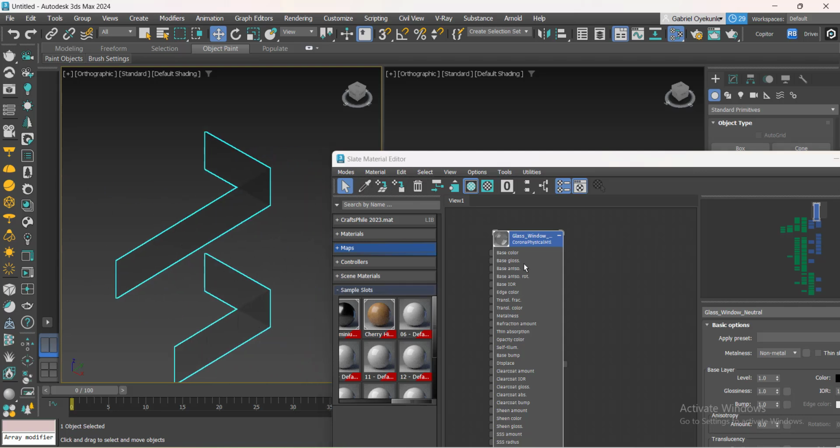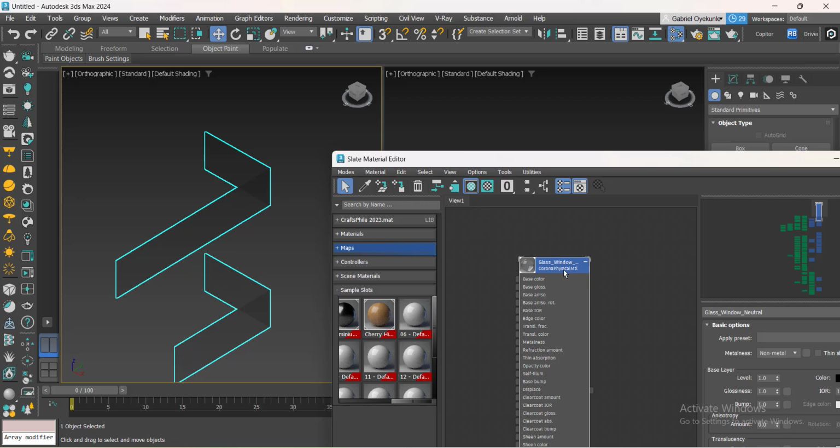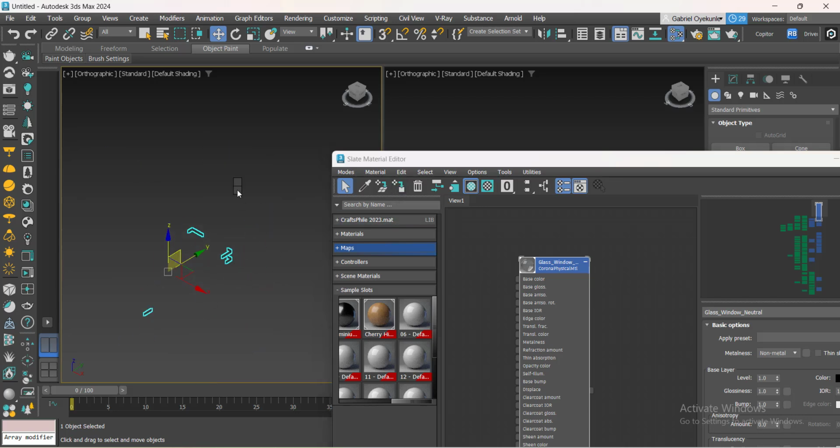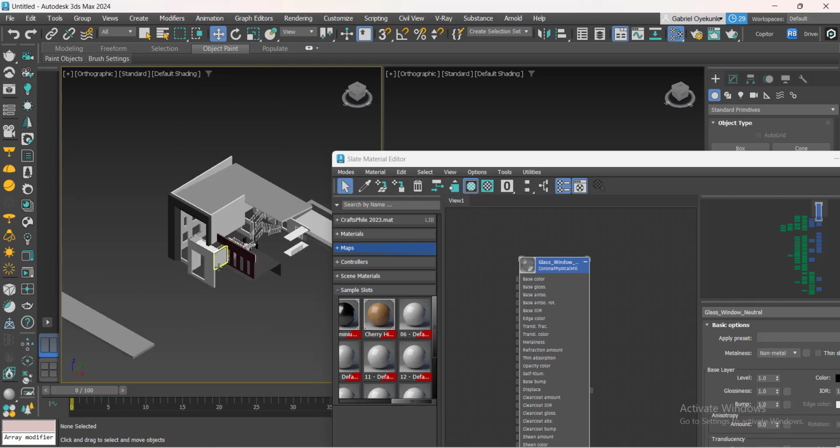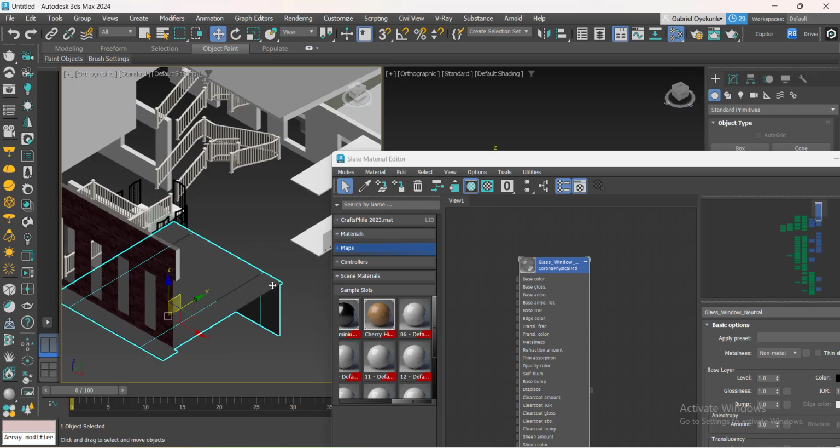So I selected the object, I brought the material in, I click on the material, and I choose this icon, apply, assign to this selection. So I've done that. I'll hide. So material is actually very interesting and boring. So now